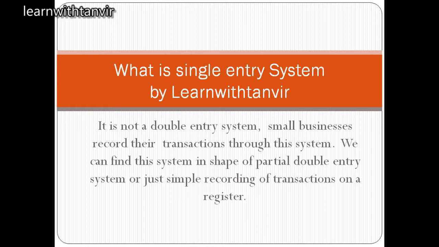does not make proper entries. For example, if he sells on credit, he will not make a proper double entry, like receivable to sale account. He will only note down the receivable account. He will make an entry only in the ledger of receivable, not in sale. So it is not possible to make a trial balance in this system.